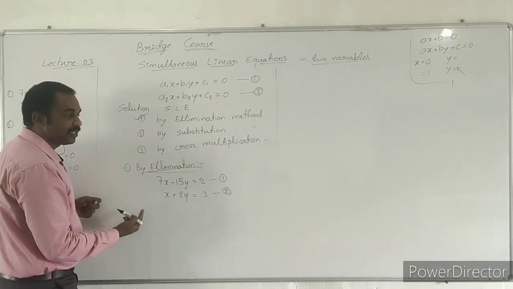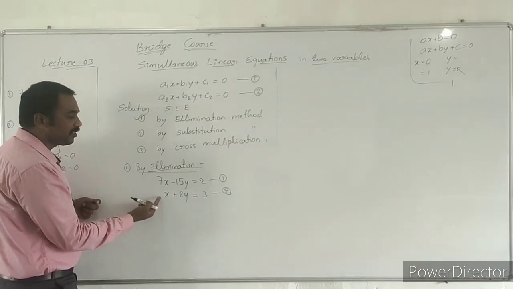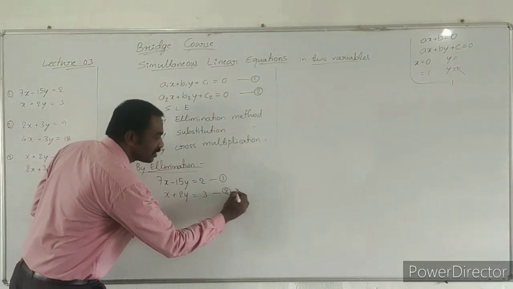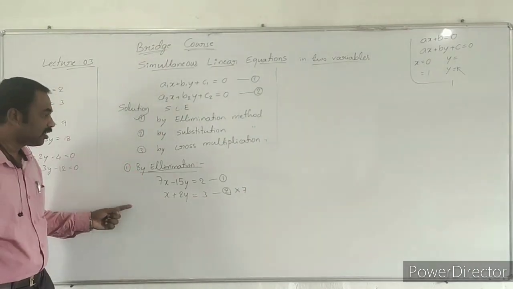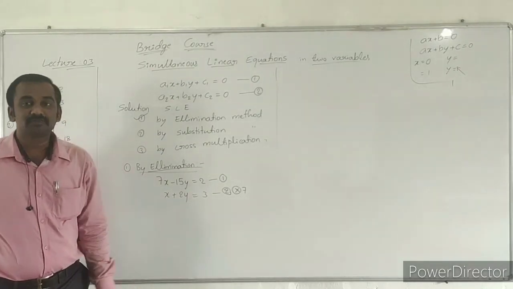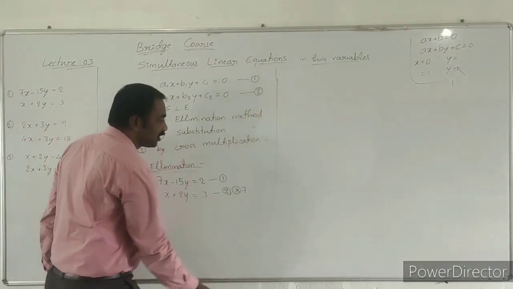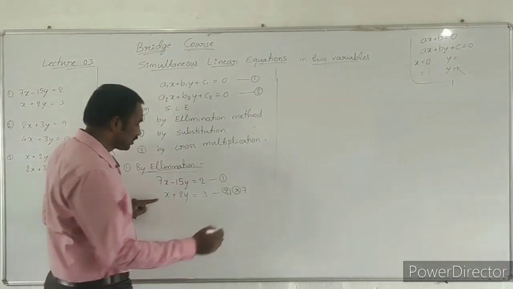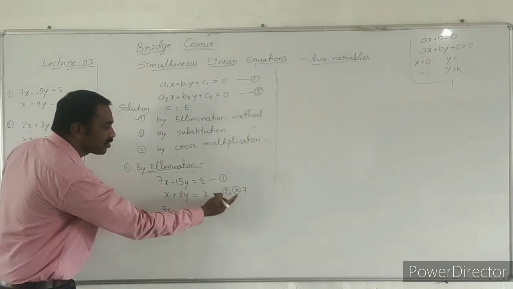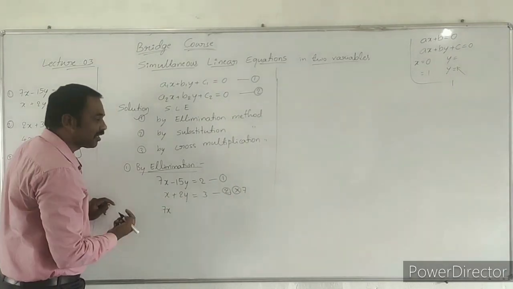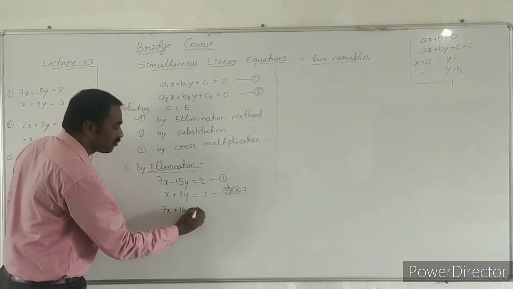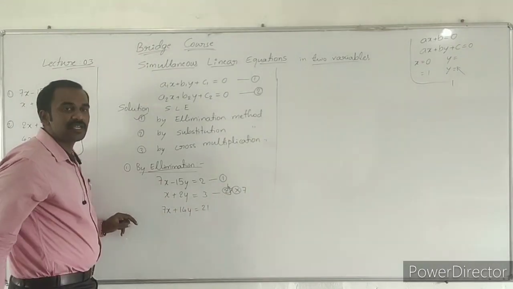Here, on observing this, making the x coefficient in equation number 2 equal to 7 is very easy. How is it easy? I just multiply throughout by 7, multiplying this equation by 7. Now I continue the solution here. First equation is 7 into this equation, or better to write here, 7 into equation number 2. Each and every term is multiplied by 7. So what happens? 7 into x, 7 twos are 14y is equal to 7 threes are 21.